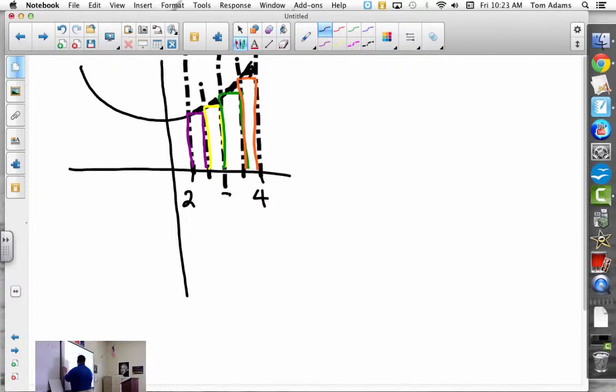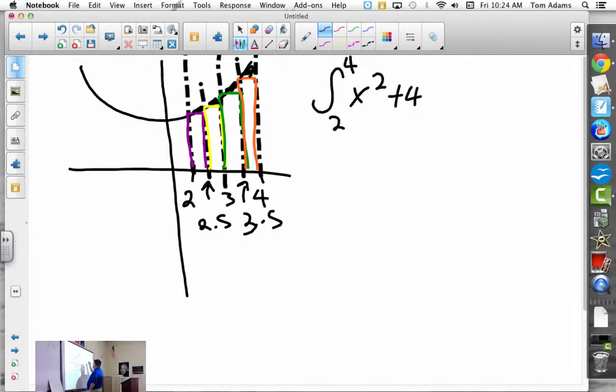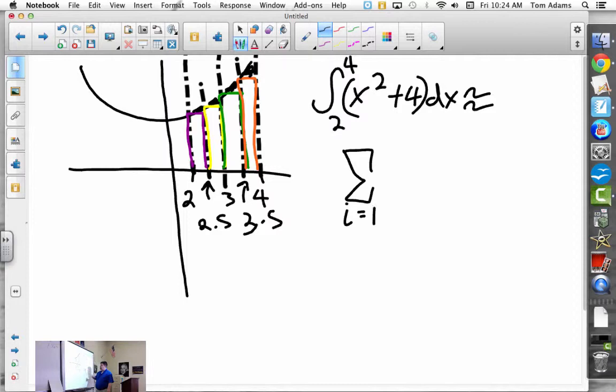So if I were to do that, and this is 3, what's this number here? 2.5. What's this number here? 3.5. Okay, so are you guys ready? So now we're going to approximate the area under the curve of x squared plus 4, which is approximately the sum of, we start at 1 and go to, how many rectangles do we have? 4. Which is still delta x times f of x sub i,